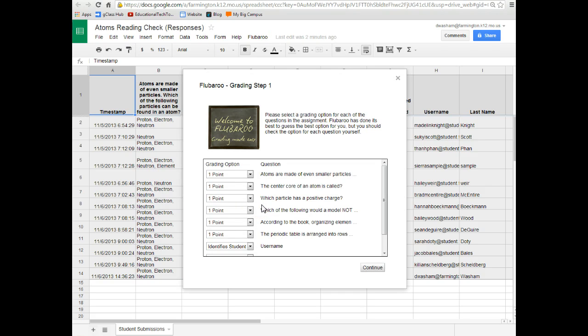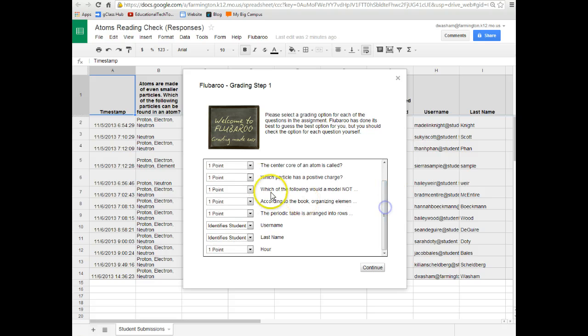The script will guide you through what to do. The first part in the script is to choose how many points you want each question to be worth. By default, it sets as 1 point. Other options besides choosing points is identifying the student. Flubaroo does its best to identify which questions are actual questions that should be graded and which questions are trying